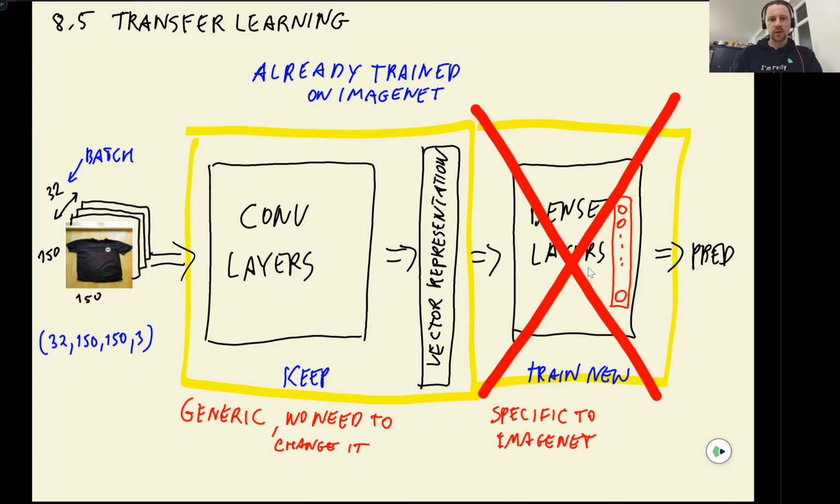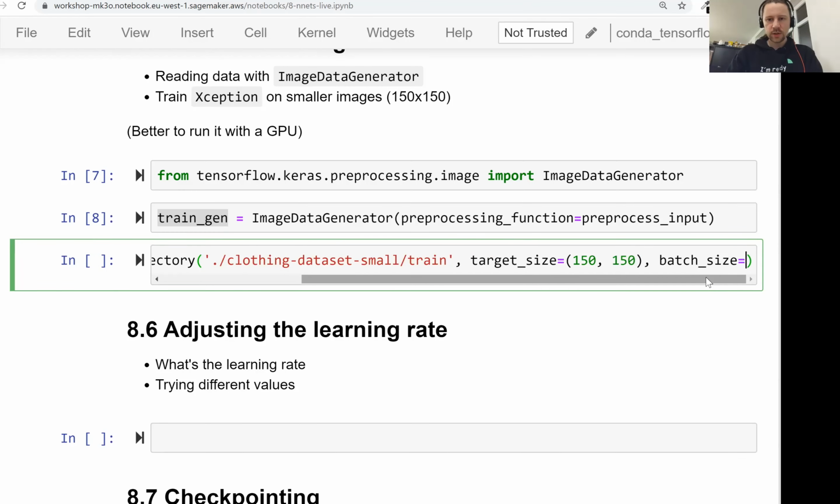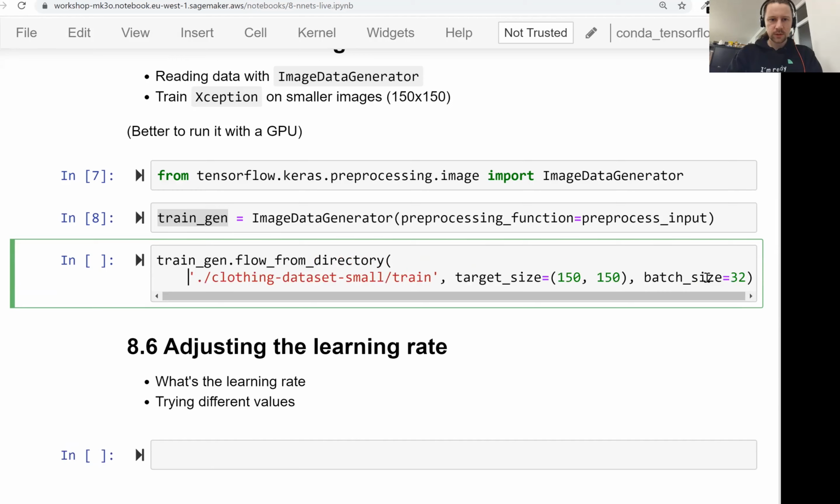And then our batch will go through convolutional layers. And then we will have 32 vectors, 1 for each. And then we will have 32 different predictions at the end. Here we specify the batch size, let's say 32, and that's all we need. So let me just format it a little bit